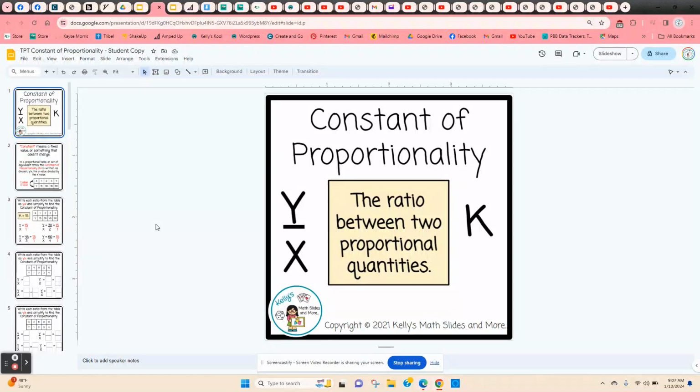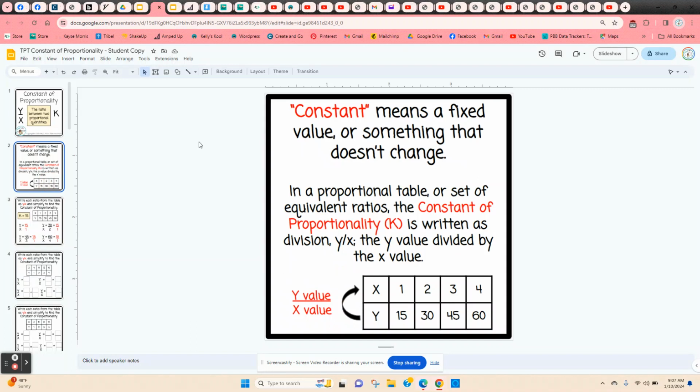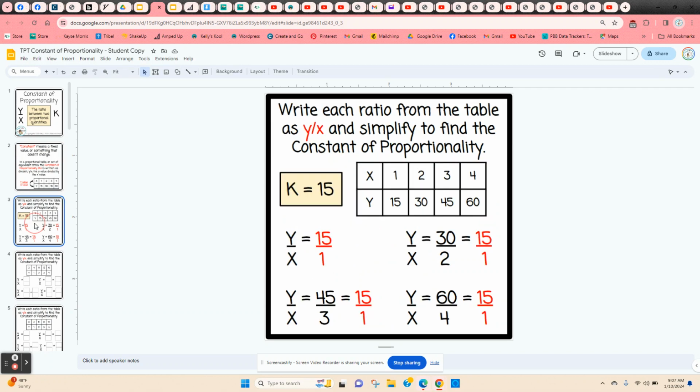Constant of proportionality. This is a digital lesson, and it starts with explaining the meaning of constant, something that doesn't change, and defining that k represents constant of proportionality, and it's the y over the x, so the y value over the x value. So students are shown how to find the constant of proportionality from a table, the y